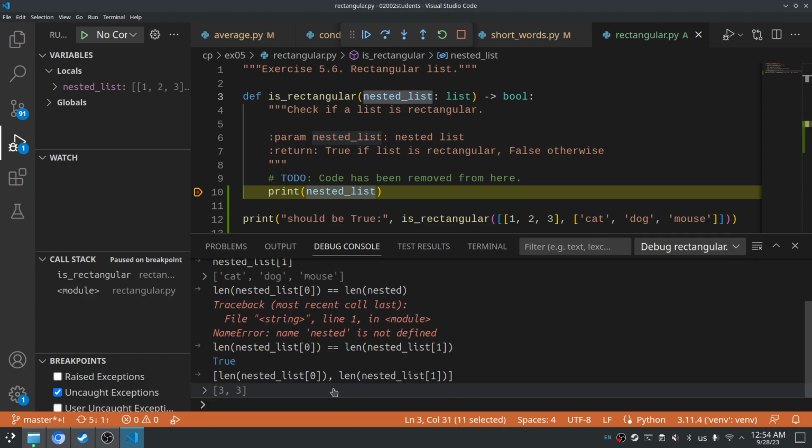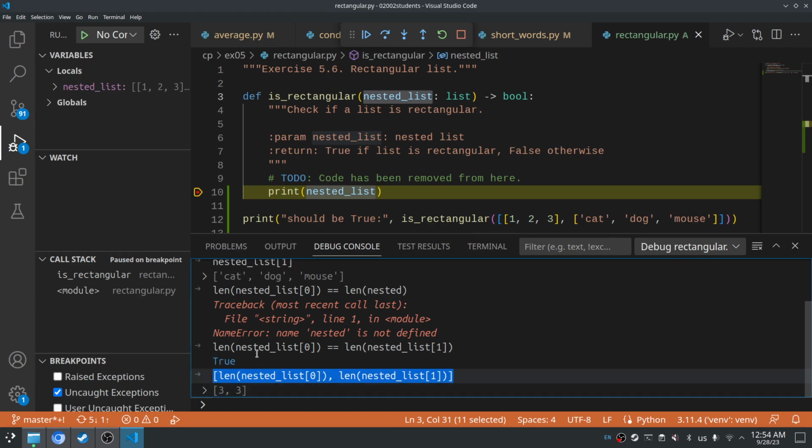I want to create this list basically, but I want it to work for an arbitrary number of elements. So why am I even thinking about that? Well, I'm thinking about that because